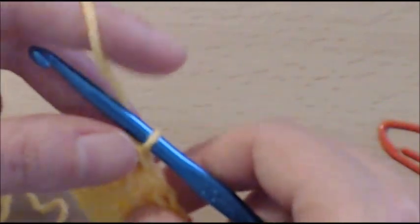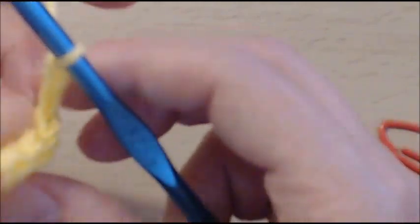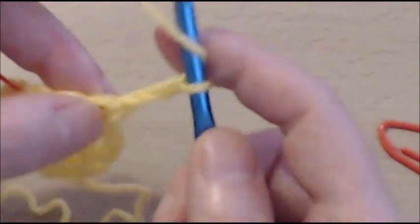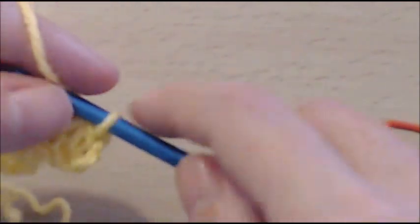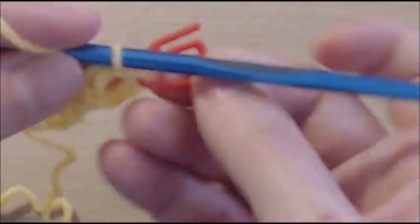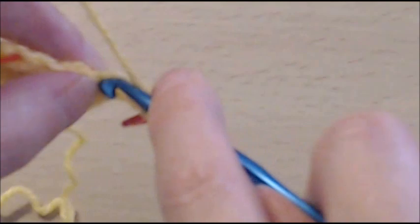And let's do the next row together. Chain 2, turn your work, and in that very first stitch you're going to do 2 half double crochet. 1 and place the stitch marker. And